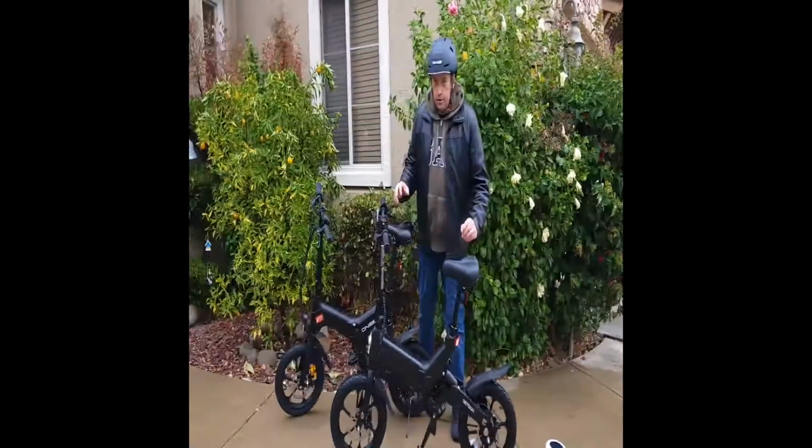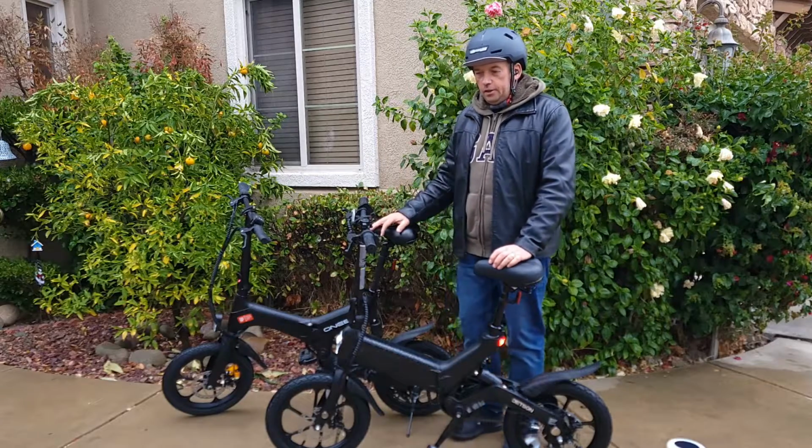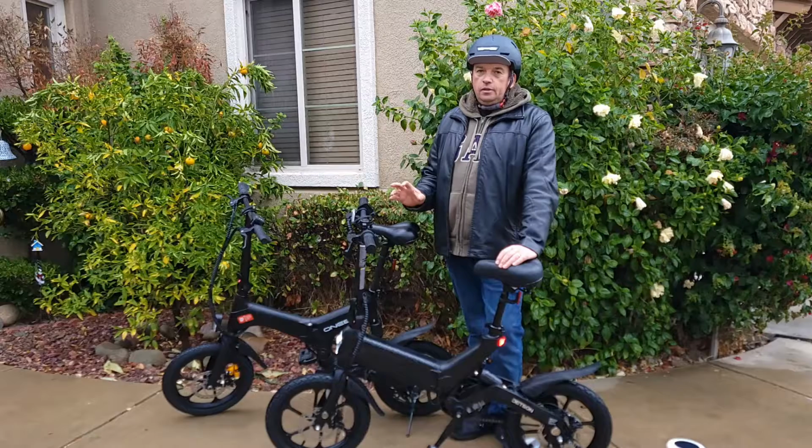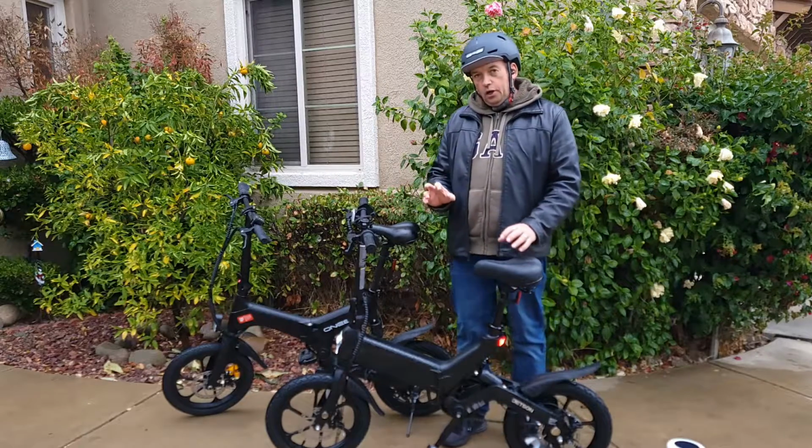And the biggest difference between these two bicycles is the size of the battery, and the difference in how the battery